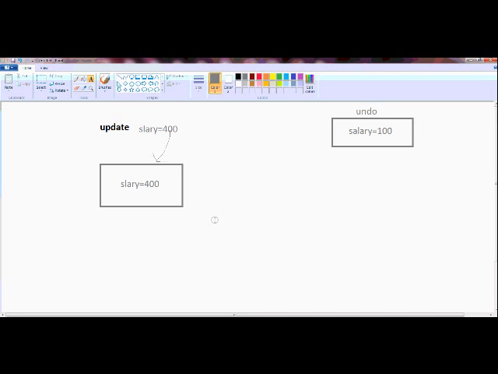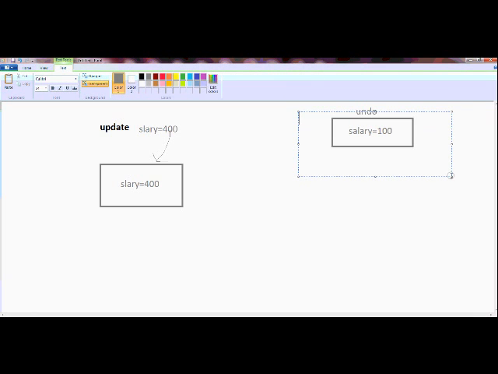So what's the purpose of this? Just to keep the old records. Suppose in case your transaction fails, you can roll it back. For that purpose, undo table space is being used. That's the difference from a normal table space. So in this case, this is your normal table space and this is your undo table space, where old values of the update things are stored.